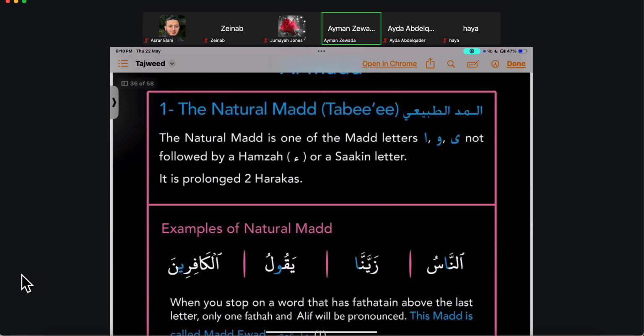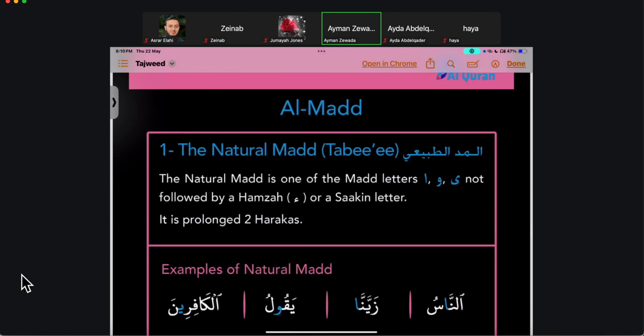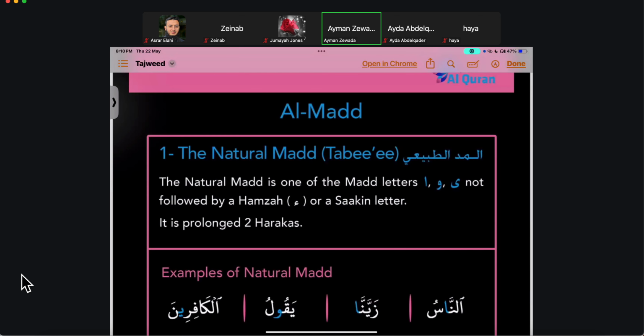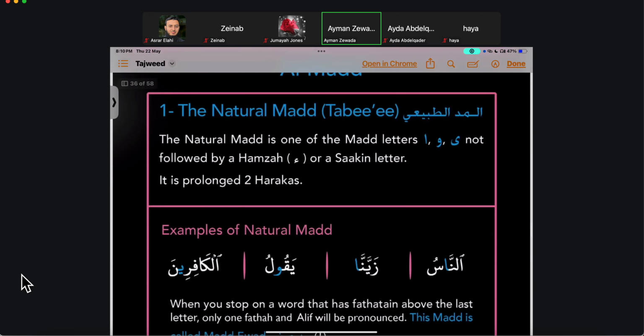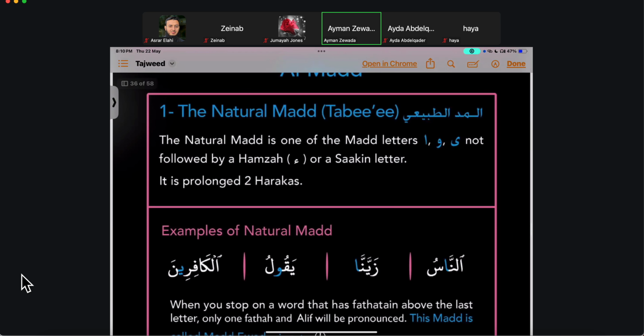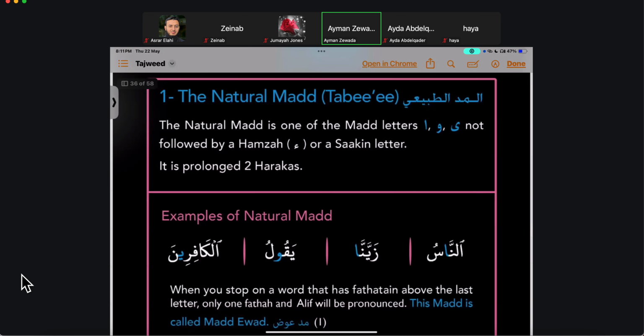Now, before we go into this, I want to make this very clear. Natural mad is natural, and I have made a point to listen to all of you, and I am fairly certain with like 95% accuracy that all of you do this naturally anyway. So don't take this as a reason to confuse. I'm telling you the rules of it, but just FYI, you're already doing it. Don't complicate things for yourself. Chances are you're already doing it right.